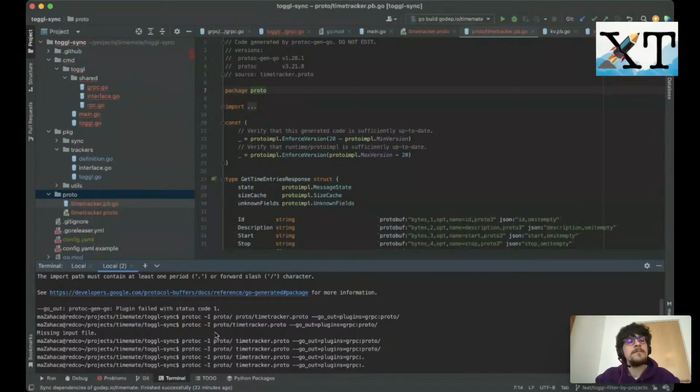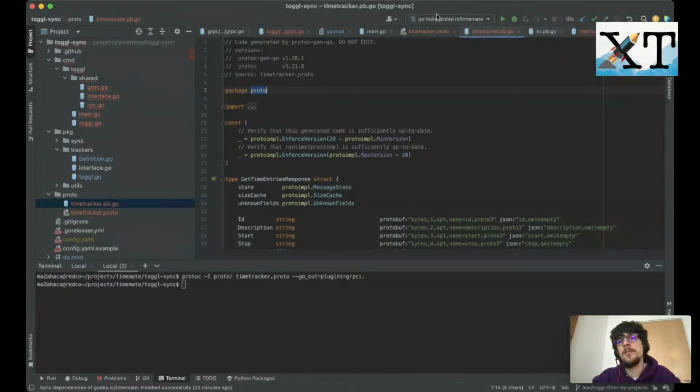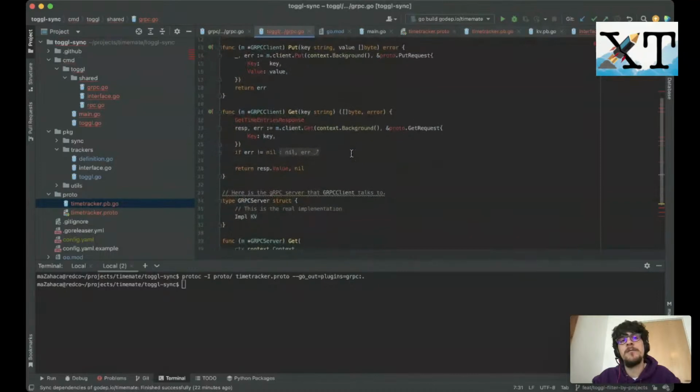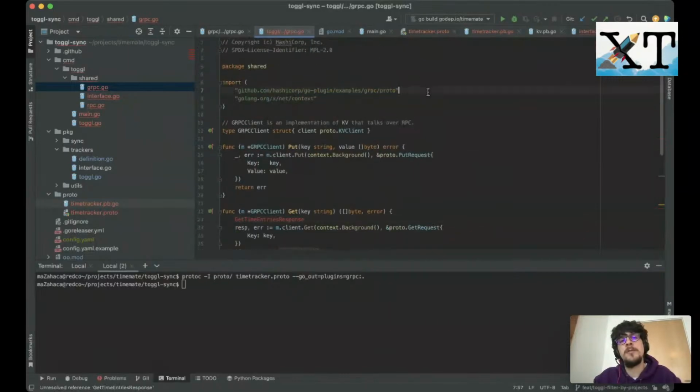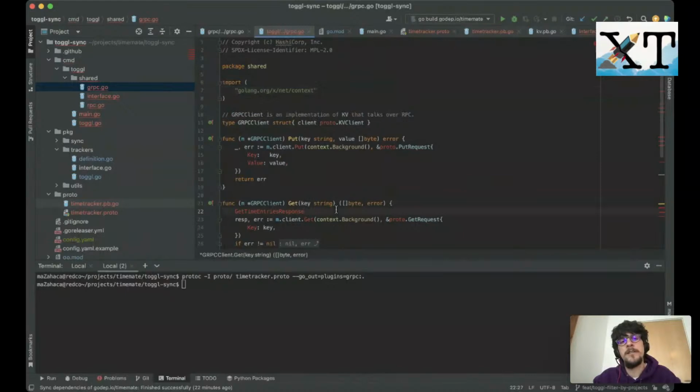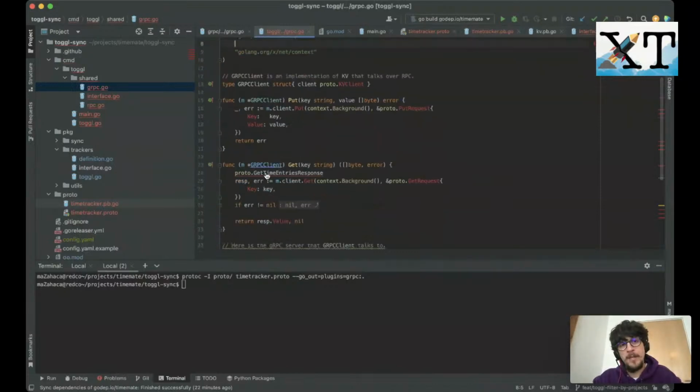With the command, we successfully managed to run, and it creates a proto here, the package proto, and now we can use it in this shared library. It's again proto 2. Okay, we added our proto folder,